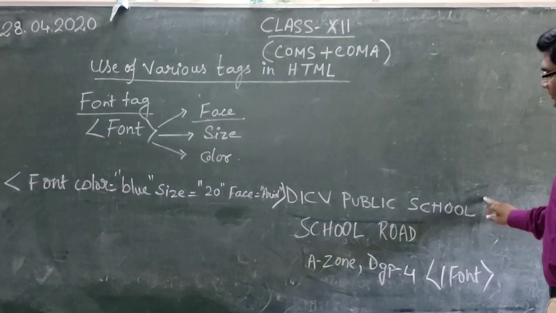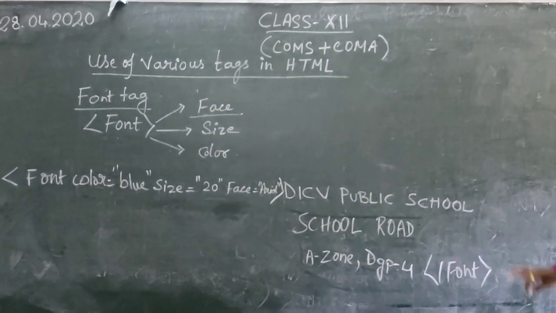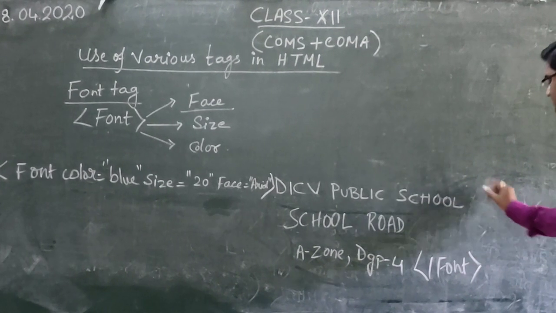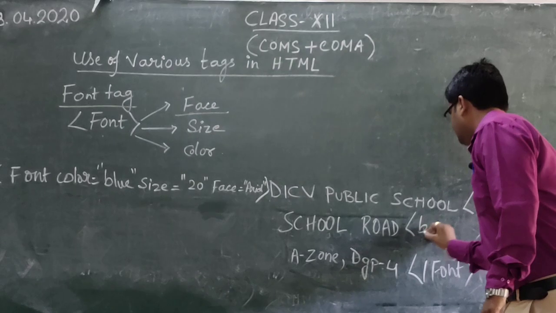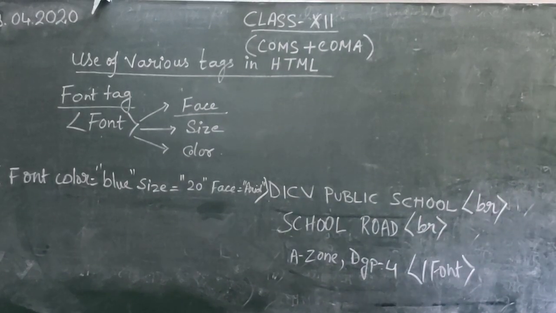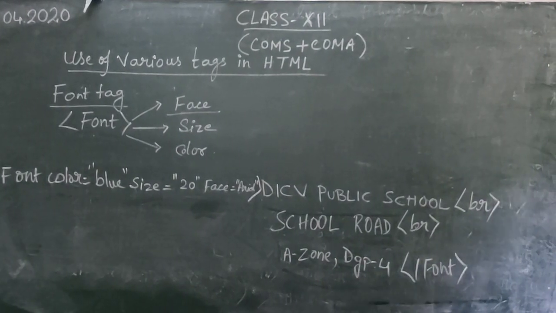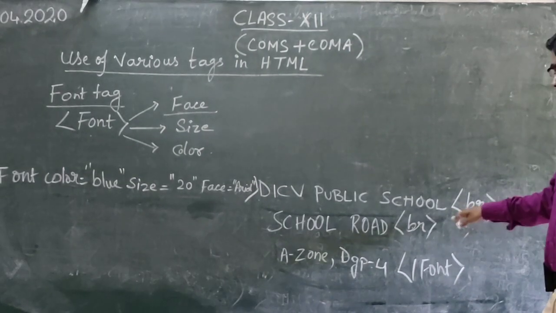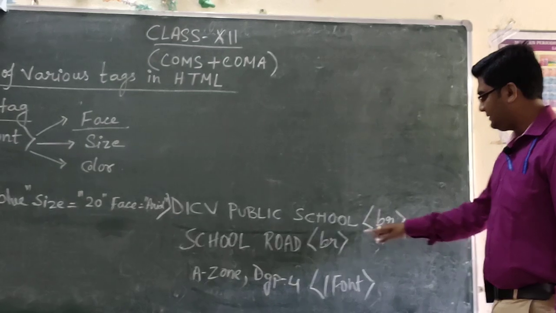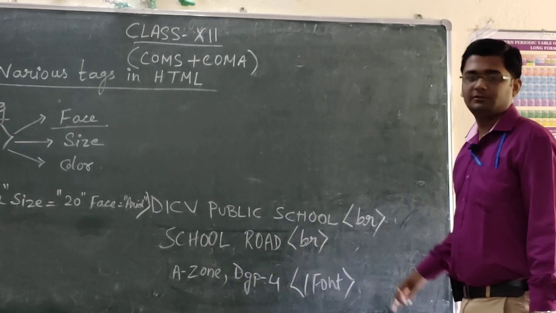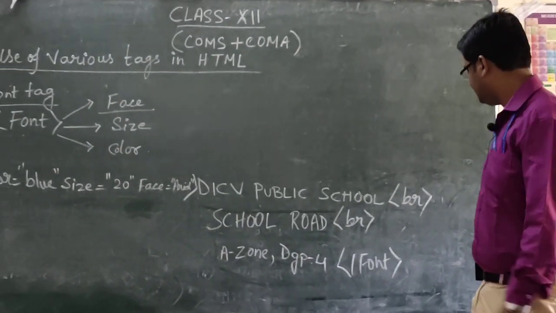And after the end of the three statements I will just close the font tag. So if you want to write all these three lines in different lines, we have to use BR tag, that means line break tag, at the end of each line. And we have already discussed that BR is an empty tag, so it only has an opening tag and no closing tag, and it is used at the end of a line so that we can move to the next line easier.